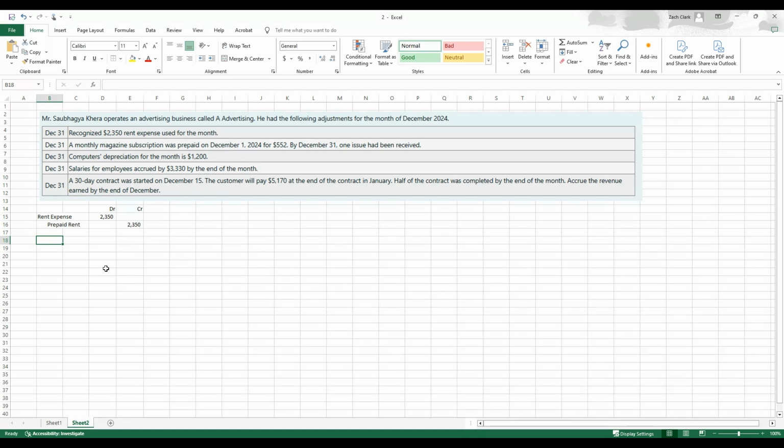We might need to look back at the problem, but I'm going to assume that that's an annual amount. The 552 represents a full year of subscription service for magazines or whatever. That part's a little vague actually. I think they kind of missed that a monthly magazine doesn't tell you how many months it exactly is. So whatever. But anyway,